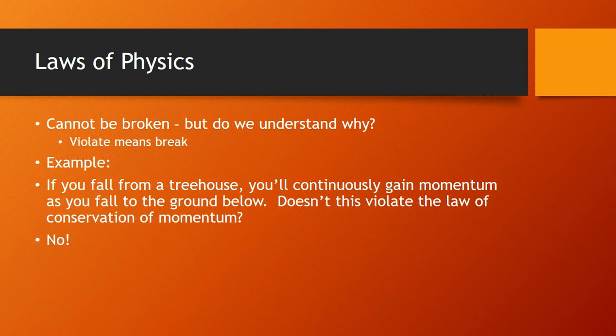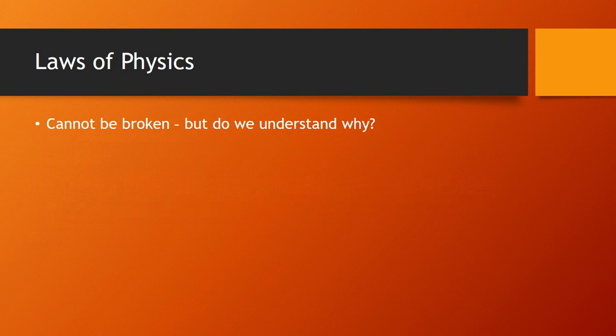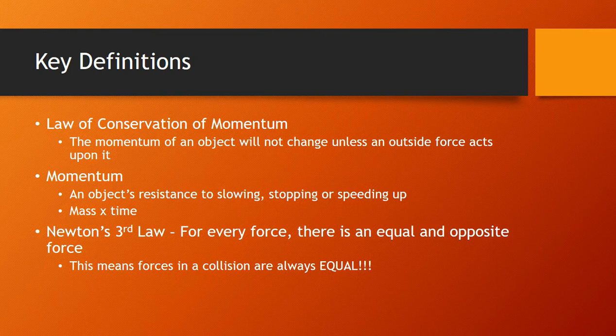Something is slowing down as it rolls across the ground. There's probably friction acting on it. So eventually it's going to stop. Again, it doesn't say it can never change. It's not going to change unless an outside force acts on it. That outside force could be gravity or friction or applied force. Anytime the momentum is changing, it's because there's an outside force acting on it.